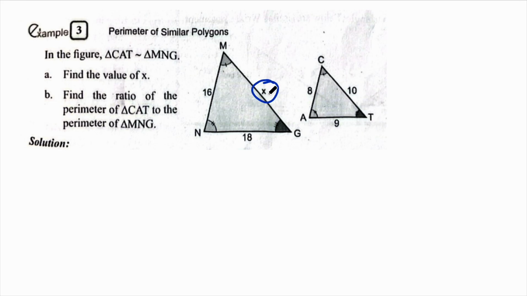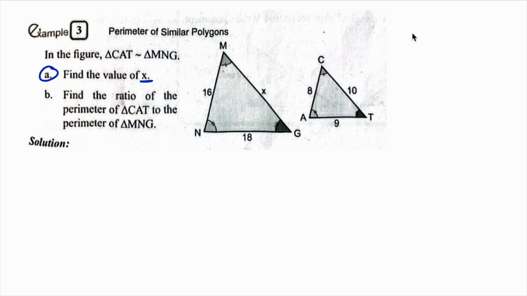So the missing side is here. That is our first thing that we need to do. The first thing that we need to do is to find the value of x. So how do we find the value of x? Now, because the triangle CAT is similar to this triangle,